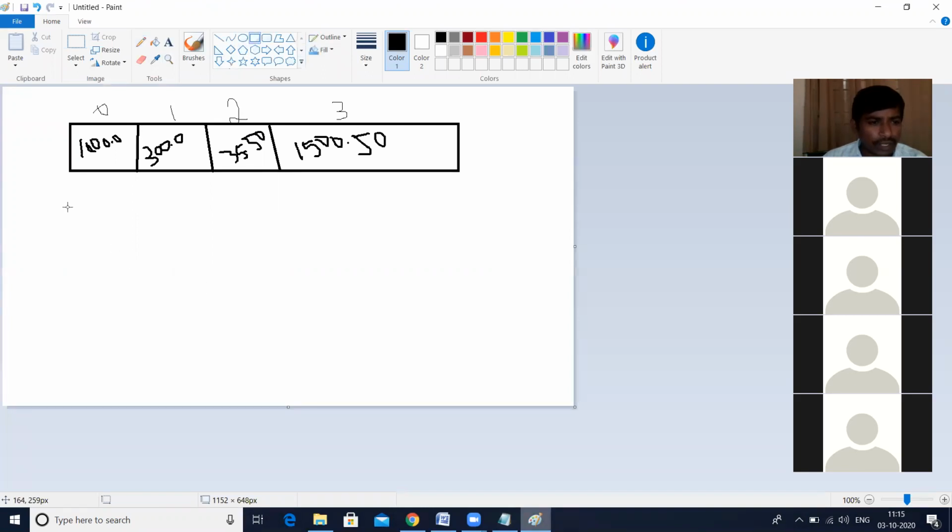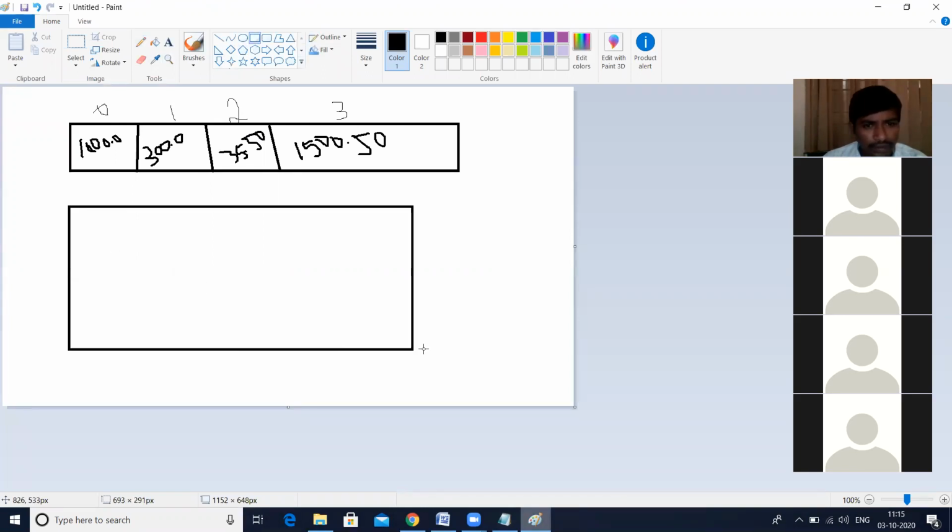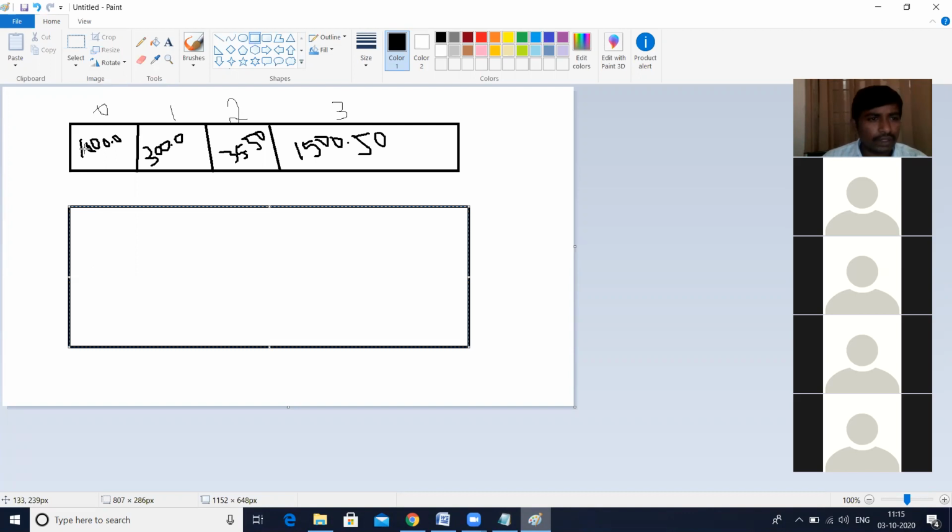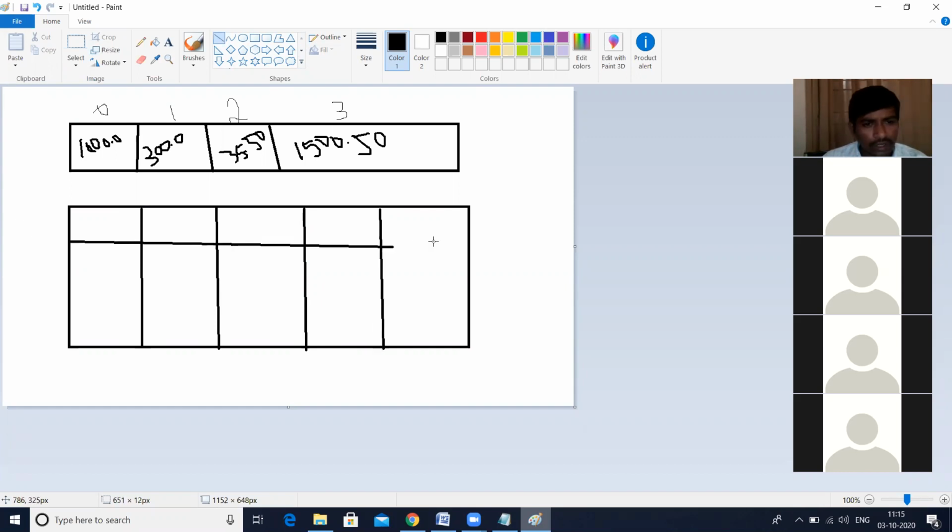So in a two-dimensional array, if you assume a memory like this, these are the columns. Then next, these are the rows.